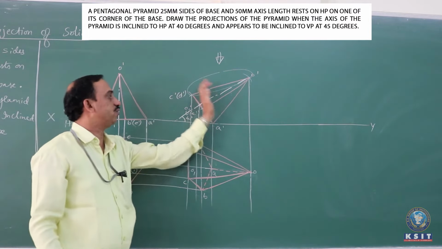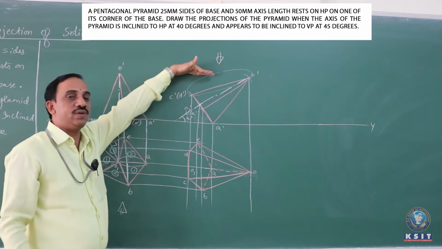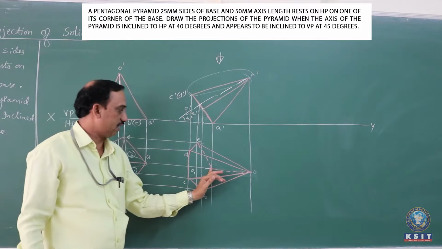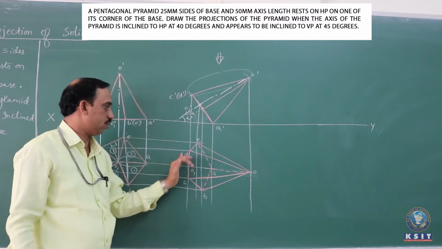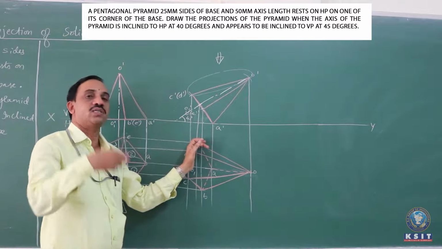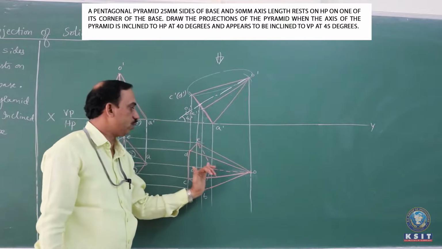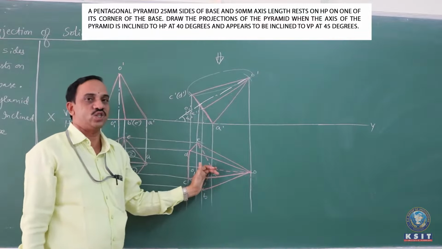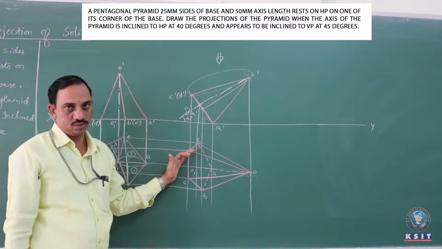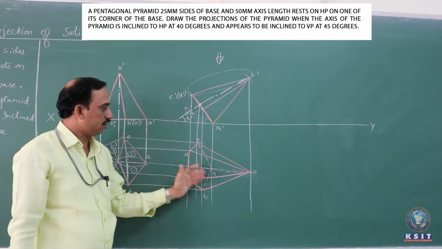The complete base face is not seen by the observer when he sees from the top, which is connected from A to B, B to C, C to D, D to E. I cannot mark because the priority is for continuous. E to A is already invisible, which clearly states that the base face is invisible. So that completes all the faces.